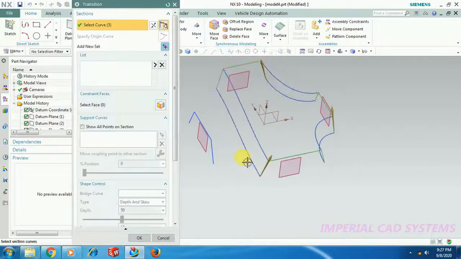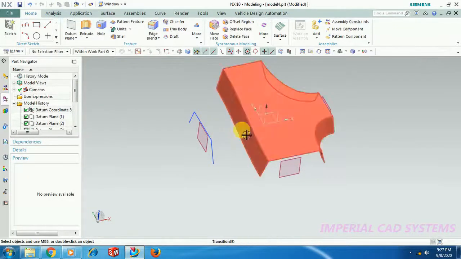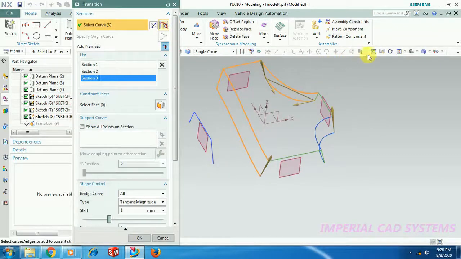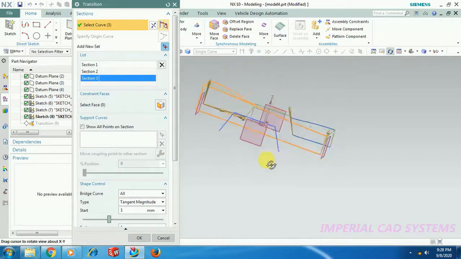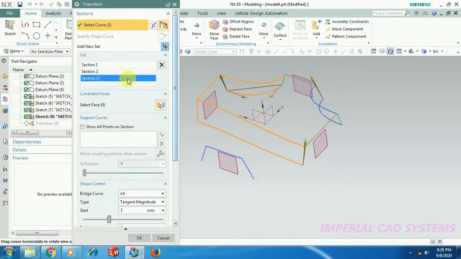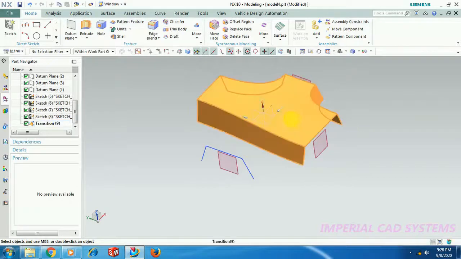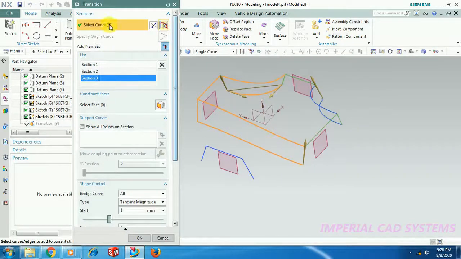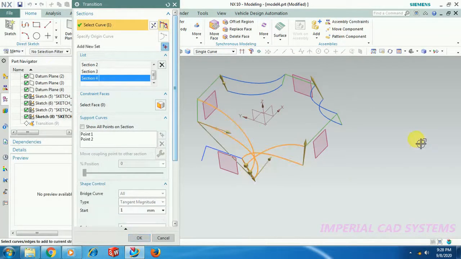I also select this profile now. Double click on that. Add New Set. We have to go to Add New Set, this profile.